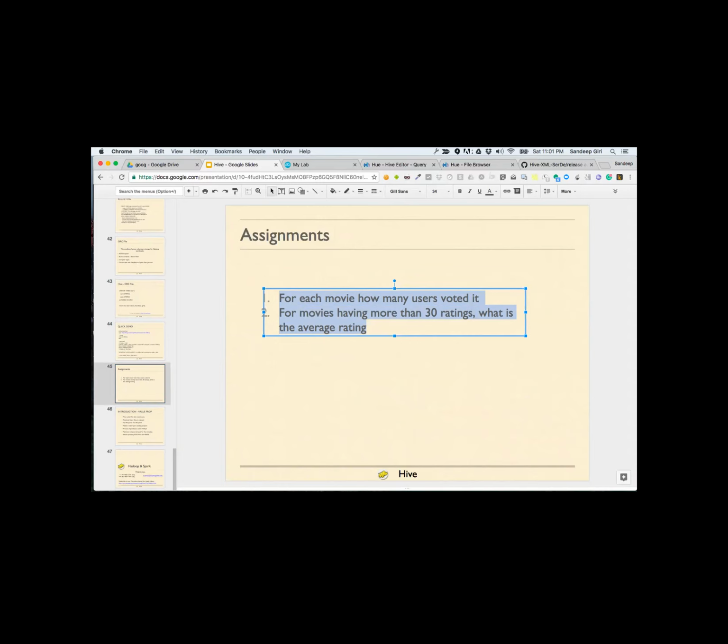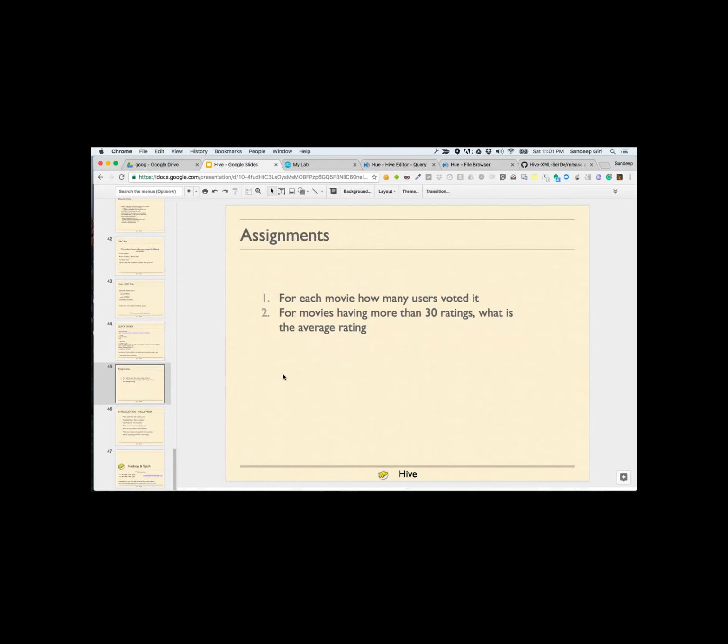For the second problem, you can try using views or a subquery, or try creating a temporary table and then use joins. So you can try finishing these assignments.